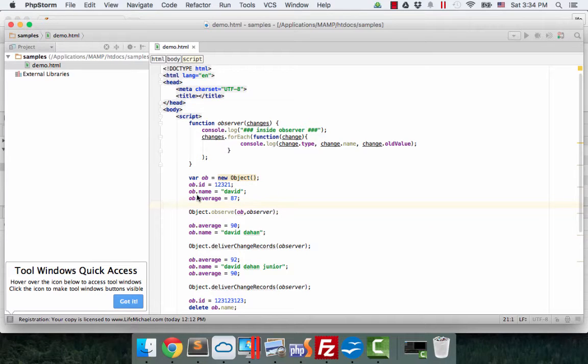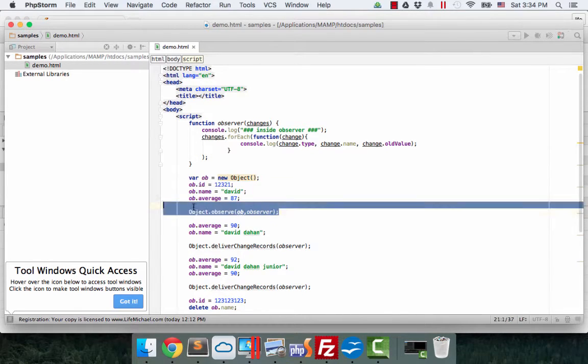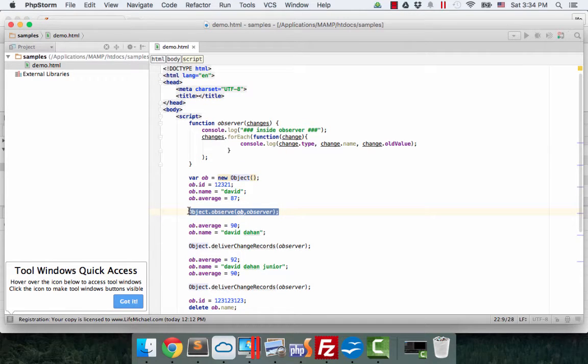Here in this code sample, we create an object with three properties: ID, name, and average. Over here, we call the observe function that is actually a property in Object. There is the Object